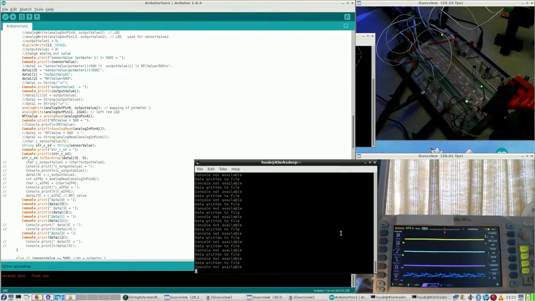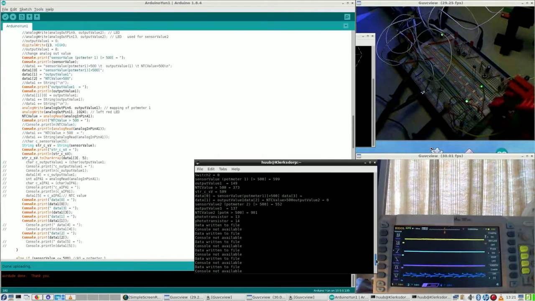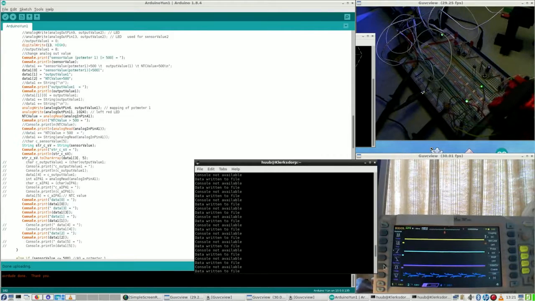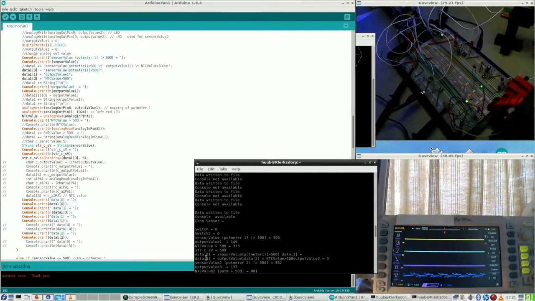And here we are. Oh, stop. It clearly shows that it has 0 and it has 1, and also it has the value of 2, because here data 2 is entity value larger than 500, that is correct. Output value 2